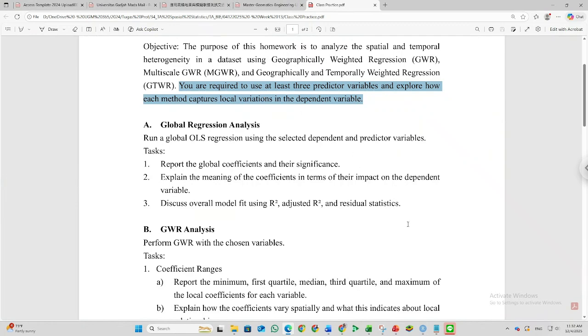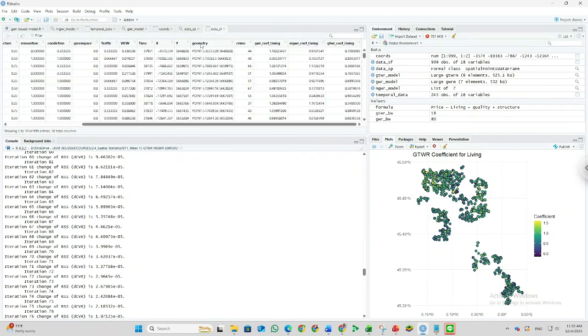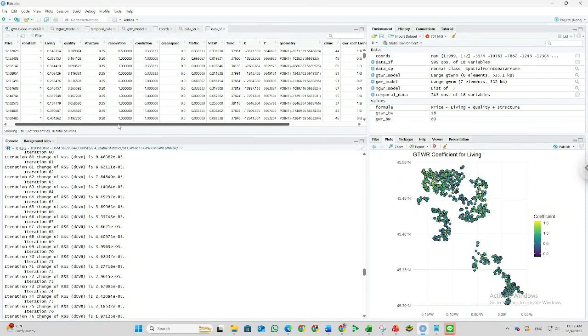You need to differ from the tutorial. Because we have living quality and structure, you can choose, for example, living traffic and also view, or you can use quality, traffic, or view. You can also use structure, green space, and also traffic.